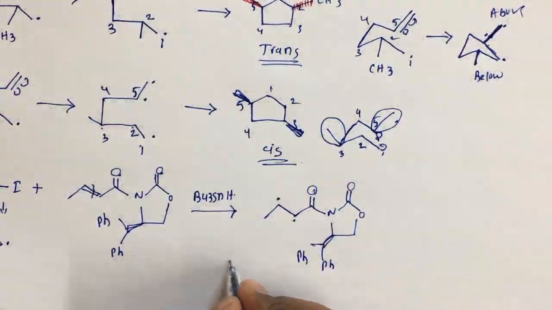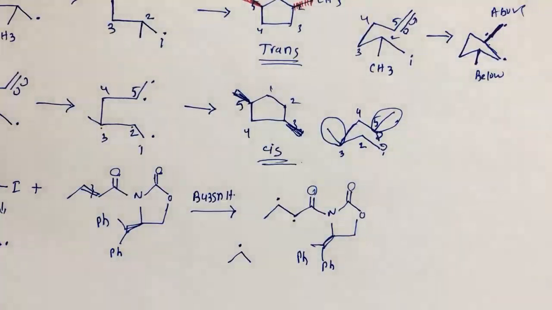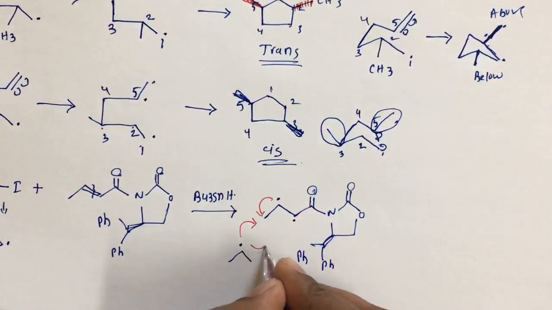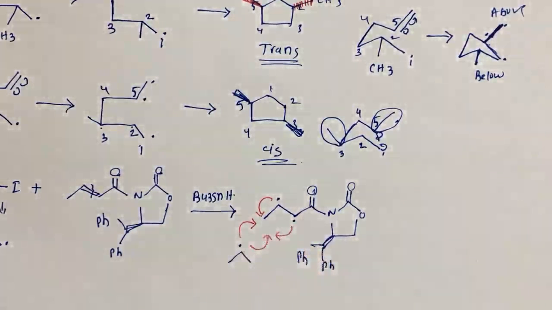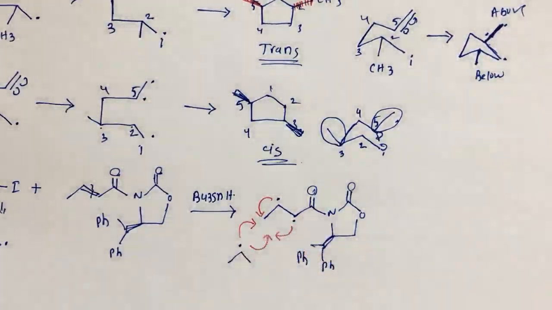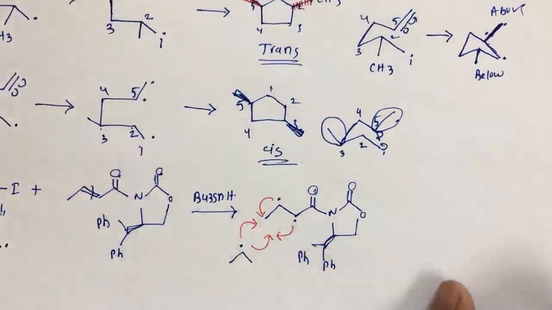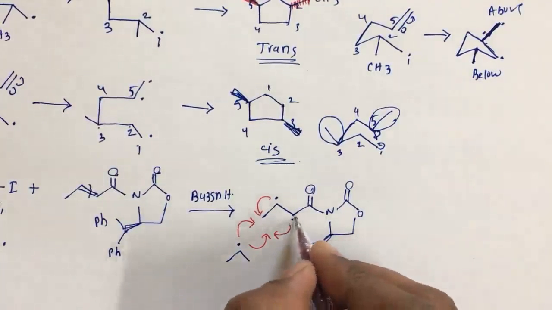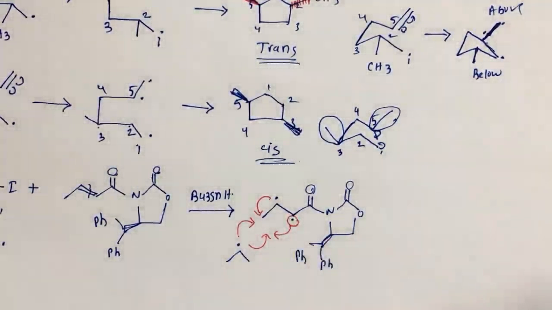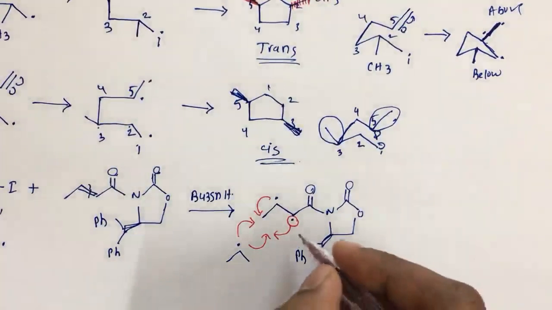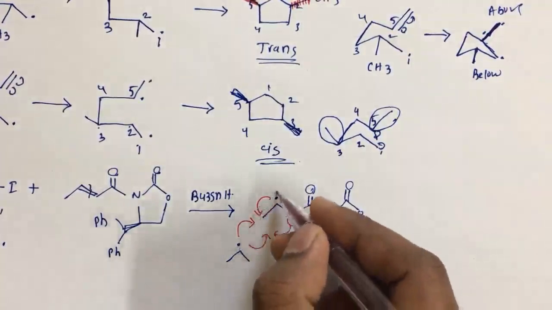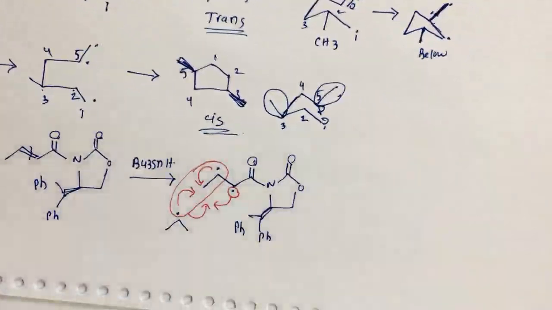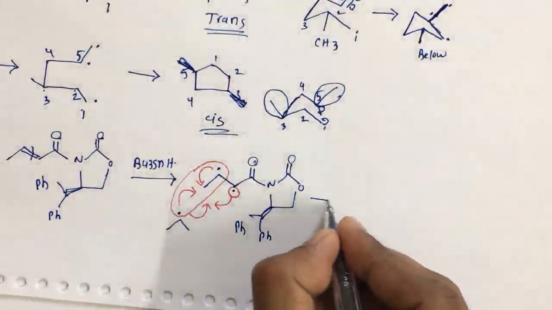So here two possibilities are there for this. It can form a bond with this free radical, or it can form a bond with this free radical. But the one point you just remember is that here we have to generate the stable free radical. So this is the stable free radical. So in order to generate the stable free radical, this has to form a bond with this free radical. So now we get this compound,